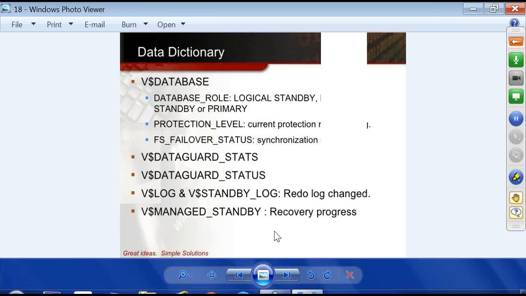So guys, there are a number of data dictionary views that can be used. For example, as we have seen, V$DATABASE, in which you can check the protection level, protection mode, then the synchronization status. The column is FS_FAILOVER_STATUS, and you can check the database role, whether it is configured for logical standby